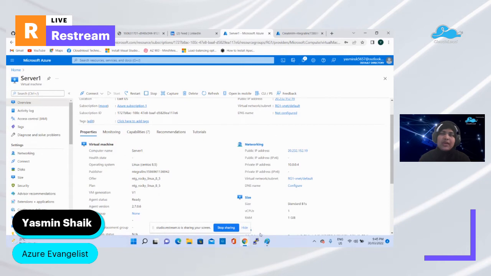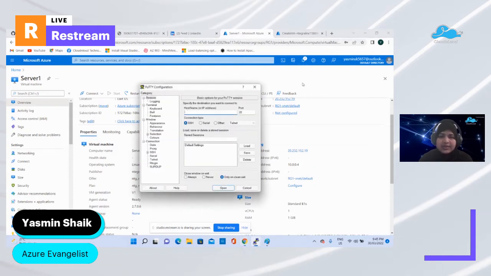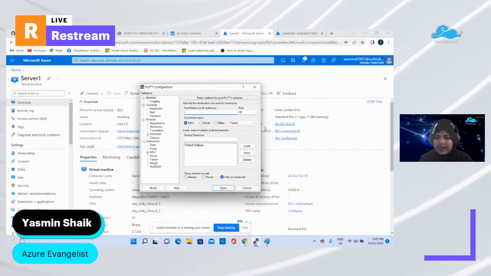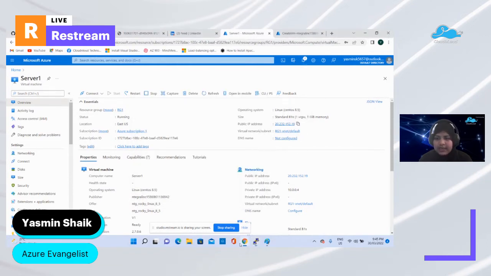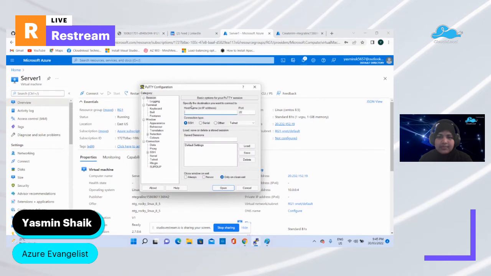So you can connect to the console of your Linux virtual machine using PuTTY or MobaXterm, whichever tool you're comfortable with. Okay, I already have PuTTY on my laptop. As I was already using it, I'm going with that. Okay, so we need to provide the public IP address, which we got in the Azure portal here. So copy that public IP address, paste it in PuTTY, and connect.